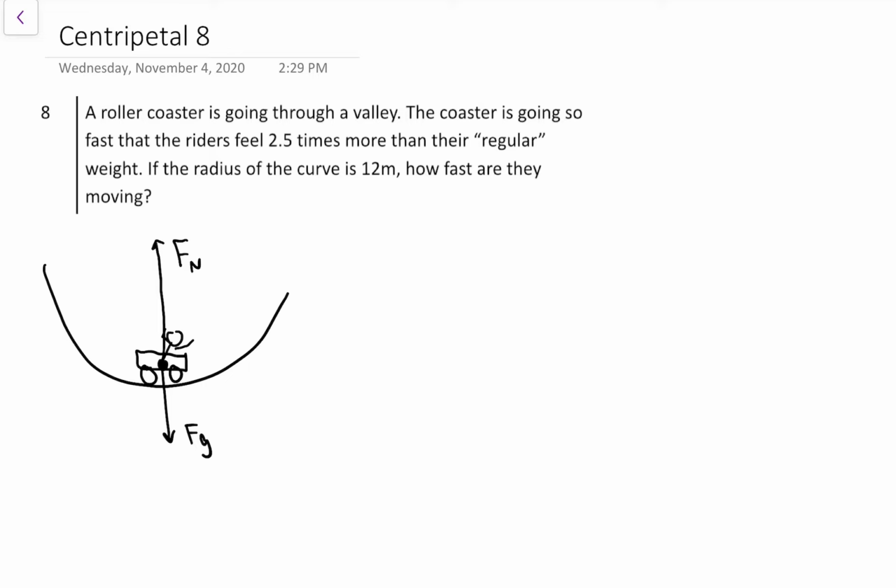Normal force has to be bigger. That's why you feel heavier at the bottom. Normal force has to cancel out gravity and then some to create the F net that's going to cause you to accelerate upward. When we set up F net equals ma, just like if it was a person accelerating upward